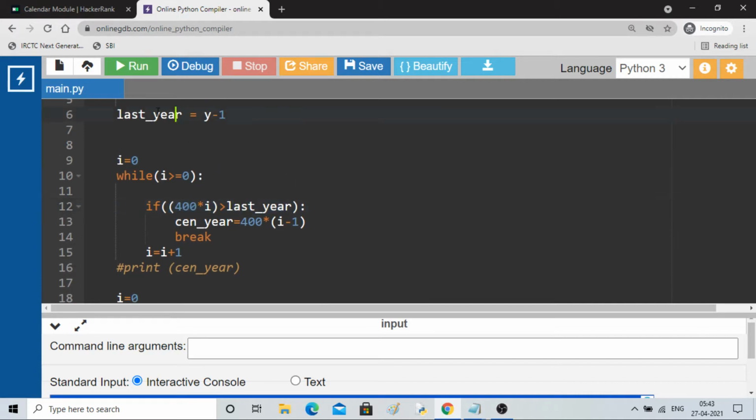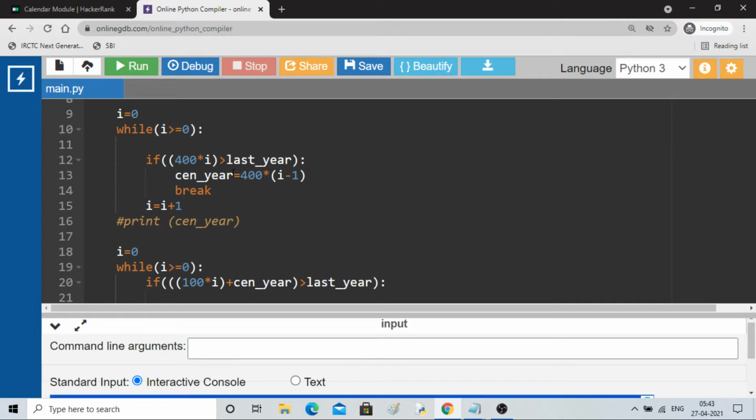Last year is this one. Okay, once this condition is passed, inside this it will take i minus 1 into 400, which will be our century year. Here we are not getting any odd days because century years, which are multiples of 4, do not give us any odd day.